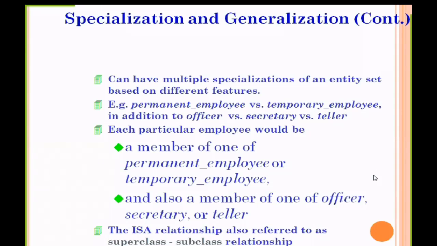Likewise, we can make a special entity set as per our requirement. That is why an is-a relationship is also referred to as a superclass and subclass relationship.